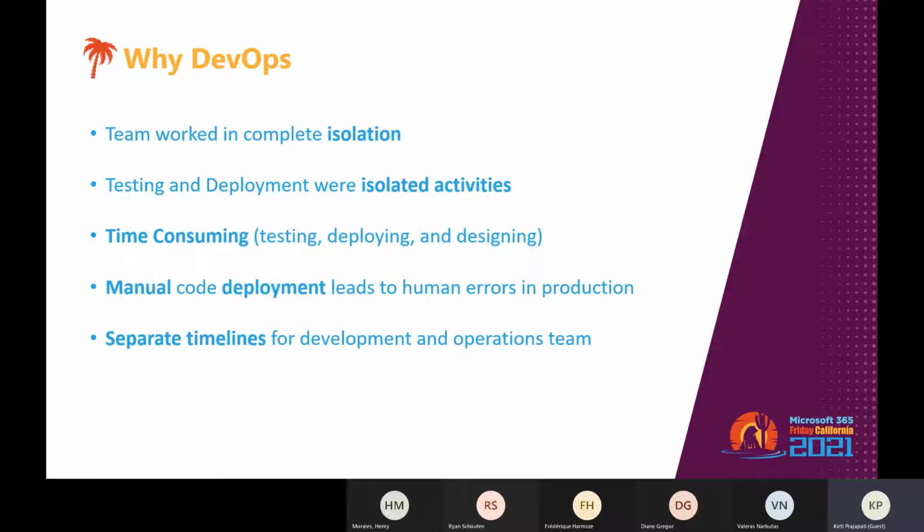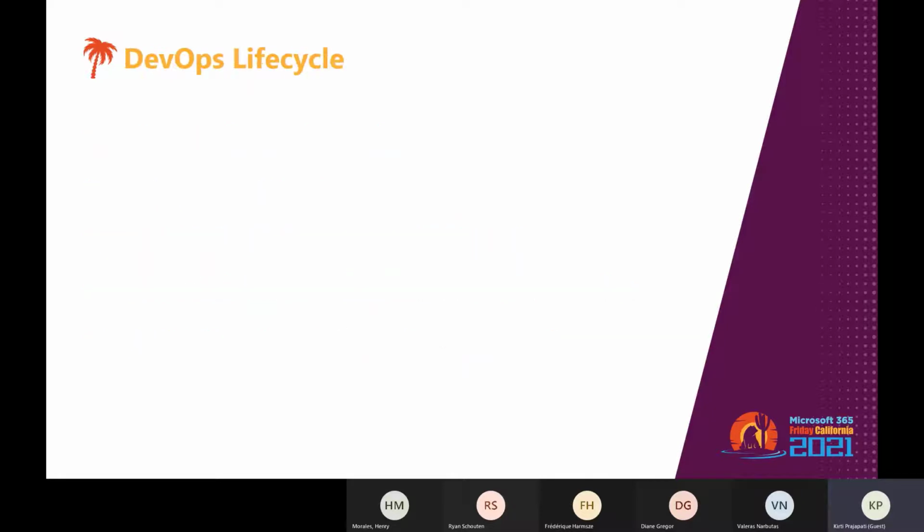So now I'll jump into how the DevOps lifecycle looks. As I mentioned earlier, DevOps is a deep integration between development and operations. Along with that, it is a software development approach through which superior quality software can be developed very quickly and with more reliability. Understanding DevOps is not possible without knowing the DevOps life cycle. So let's jump into that.